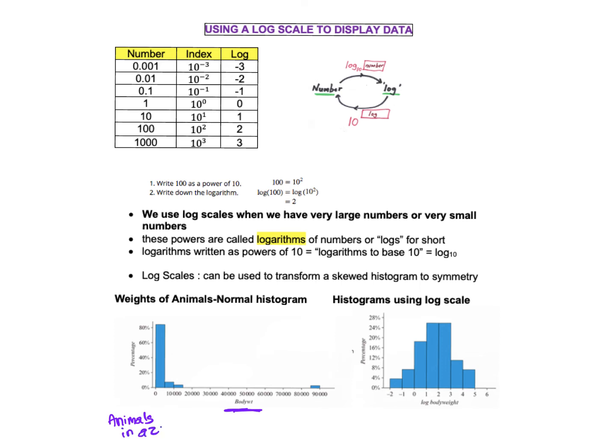So if you think about it, see up here, this was in kilograms, so we had some elephant or something up in the huge amount, whatever they were measuring. And then, obviously, where are all your other animals? Remember, at the zoo, you've got a spider that weighs next to nothing and all that. So there's great variance, isn't there? So you can see we've got all these animals fall into the lowest category, and then you've got this one out here. Now, if we take that same data and we do a log scale, you can see it changes